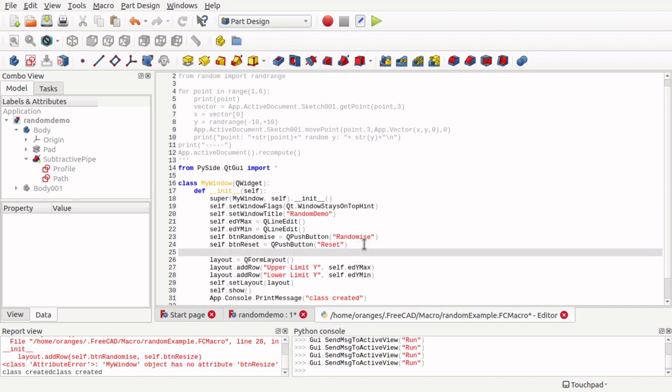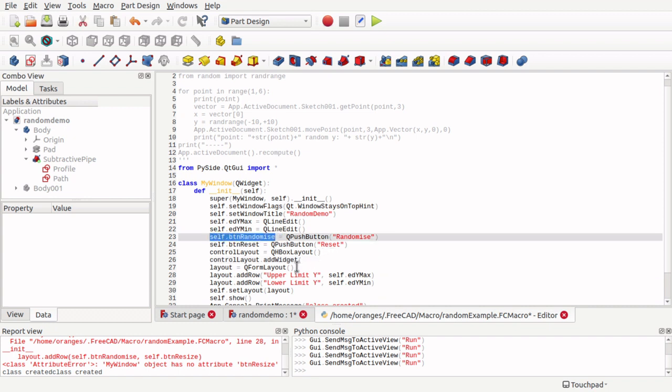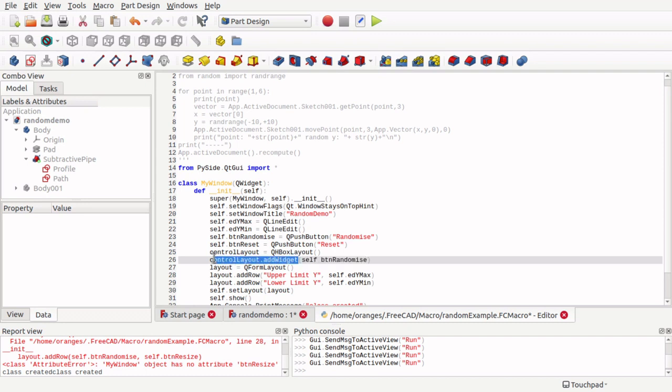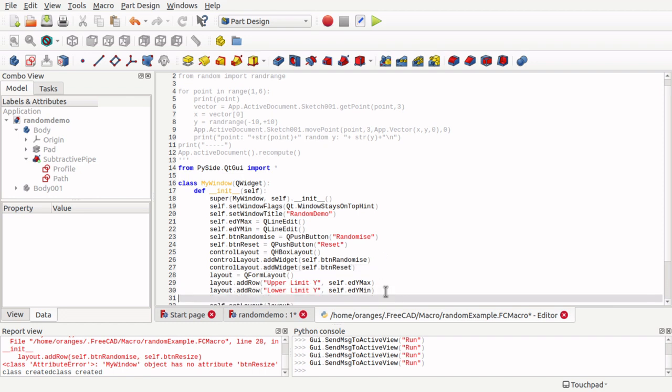So what I'm going to do is come in here, and we're going to call this a control layout. Call it whatever you want, but this is where my controls are going to sit. And I'm going to use a horizontal box layout, so QHBoxLayout here. And to that control layout, I'm going to add a widget, and I'm going to add each of these buttons. So we have to do this one by one. So add widget, there we go, that one, and we'll create another one down here, and we need to add the button reset, not resize, reset that,